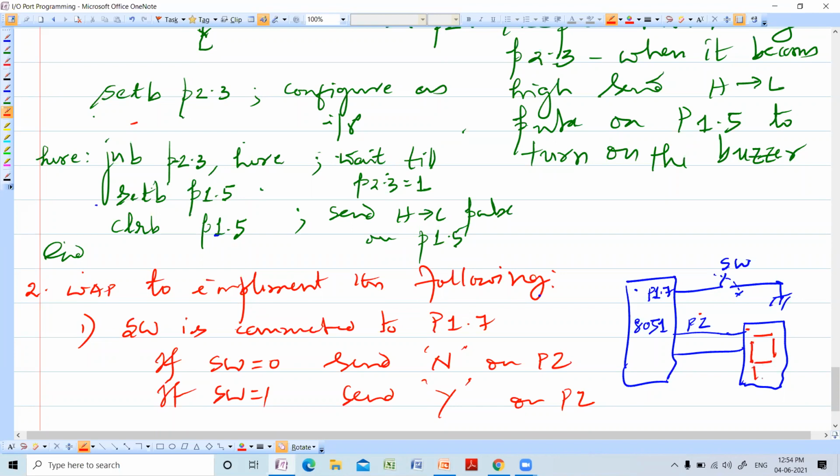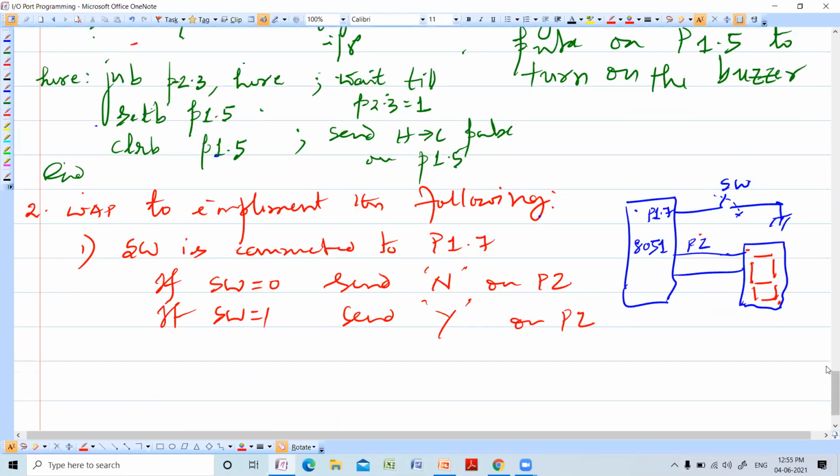This is a 7-segment display, which is connected to port 2. So if switch is equal to 0, you are sending N on port 2 and it is displaying N. If switch is 1, it is displaying Y. So this is how the 7-segment display is connected.